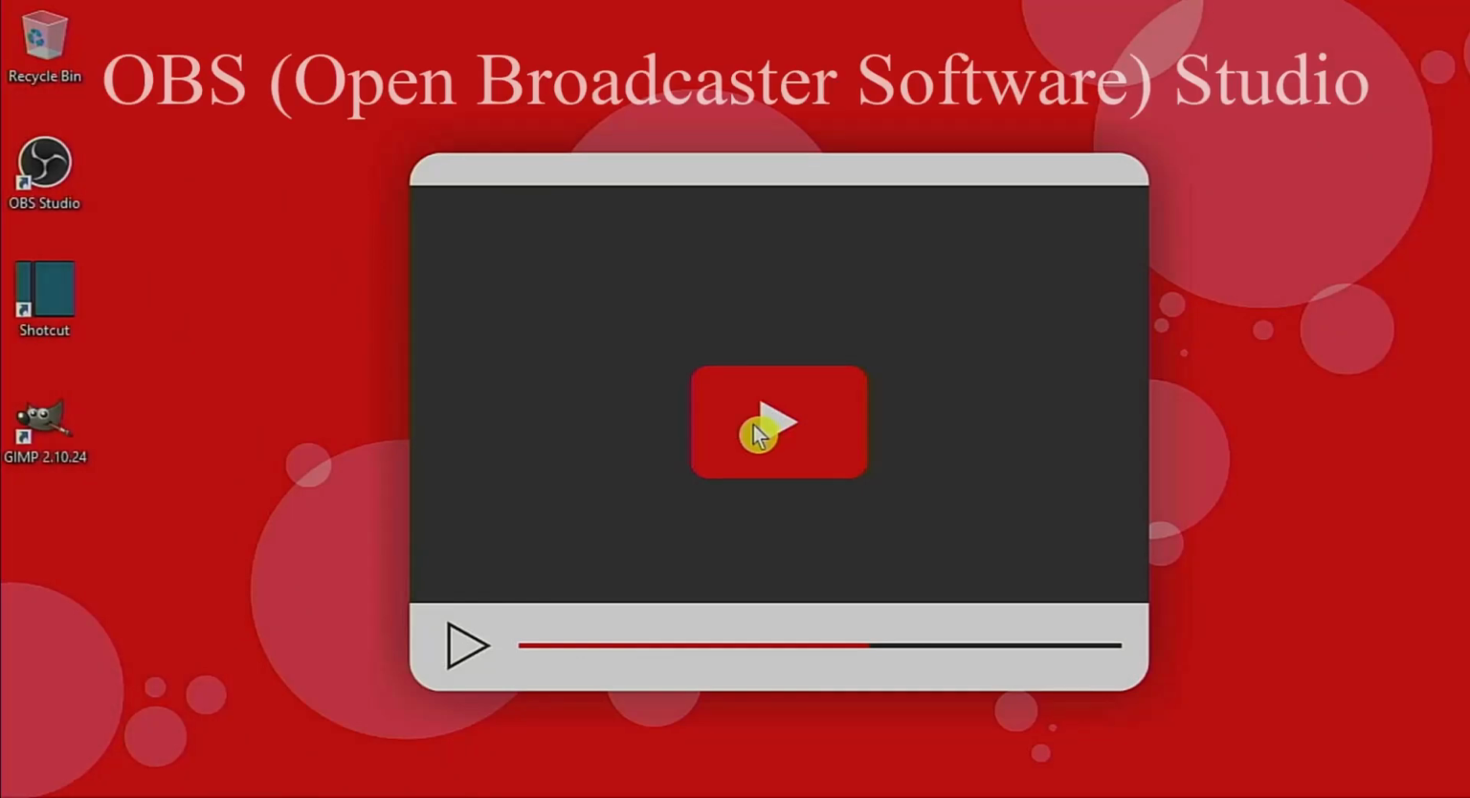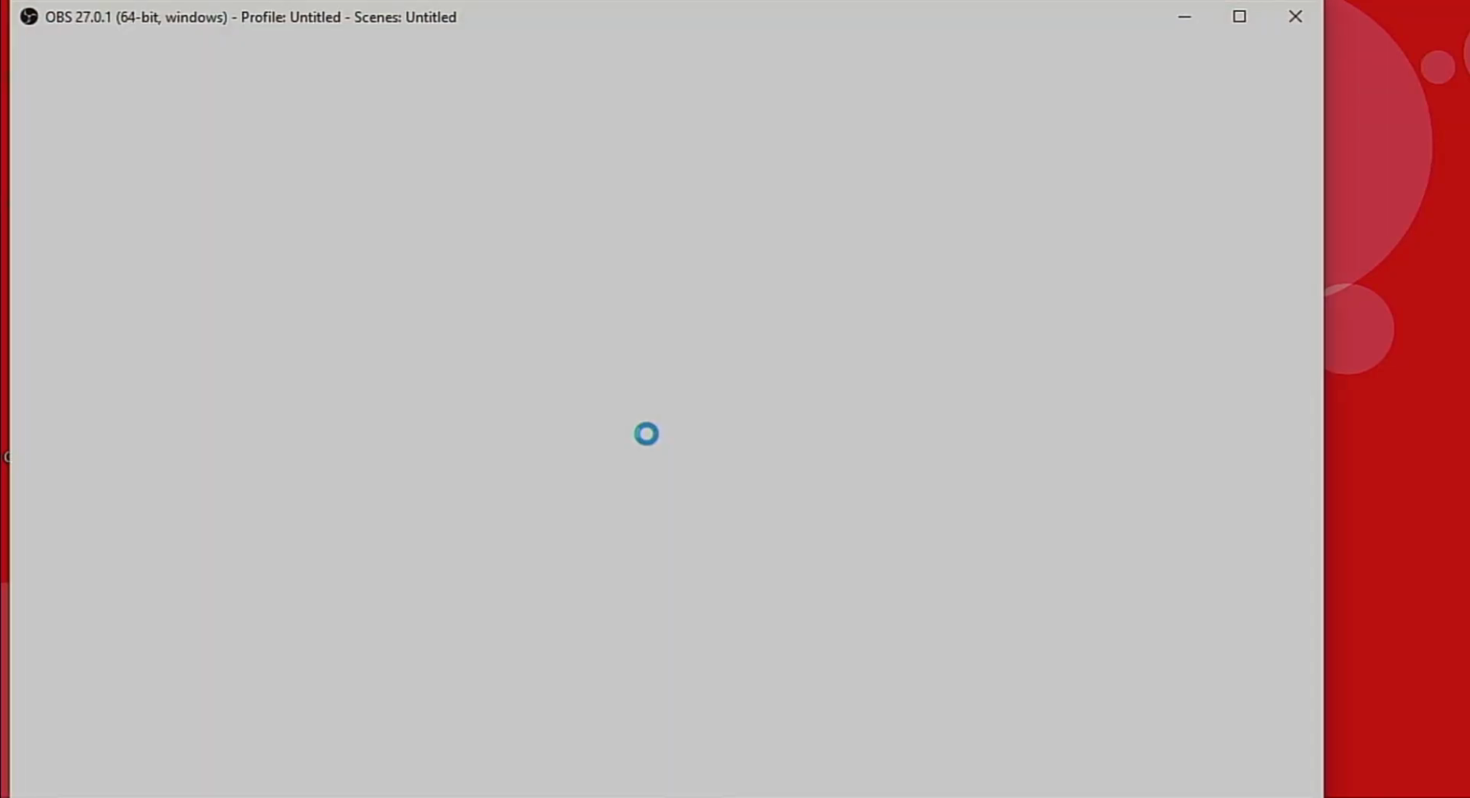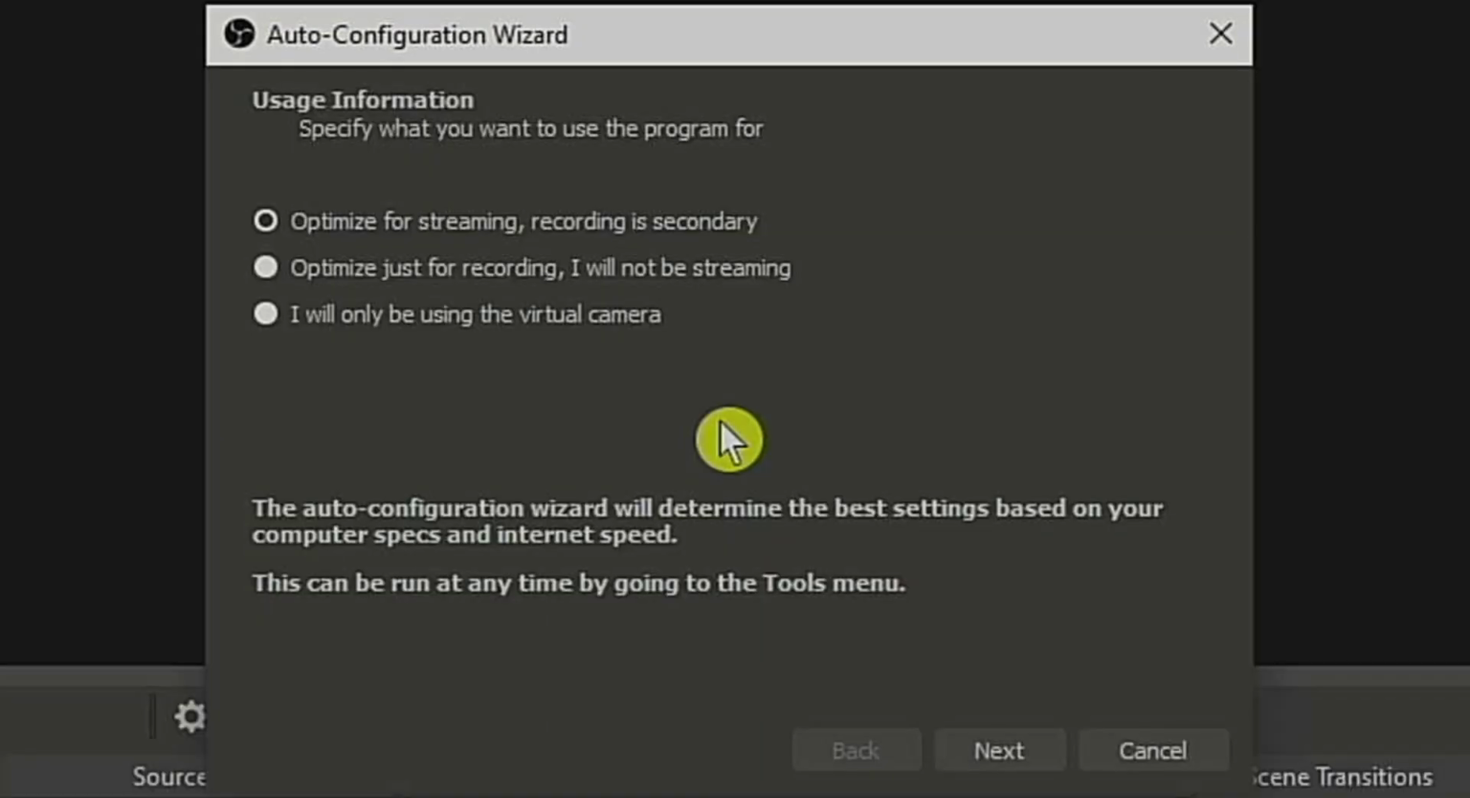With all of the software ready to go, let's launch OBS Studio. If you're not familiar with it, OBS Studio is a powerful video streaming and recording program. On initially opening the software, OBS will take us through its auto configuration wizard. So the first thing we need to do is choose what we're going to be using the software for. In this case I'm going to choose Optimize just for recording, I will not be streaming, and then click on